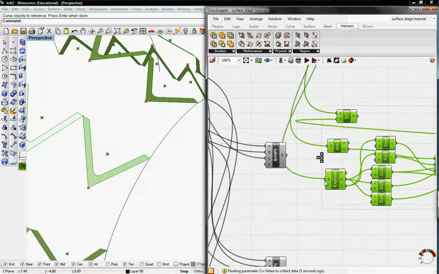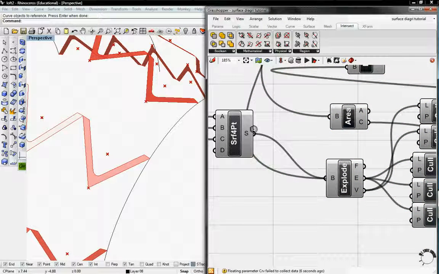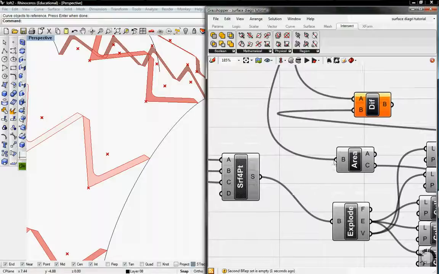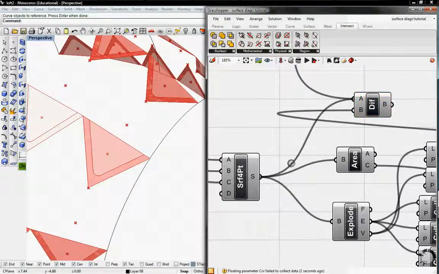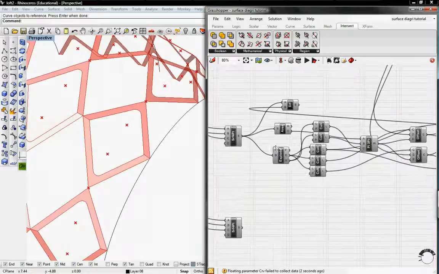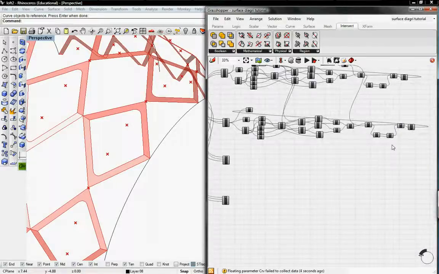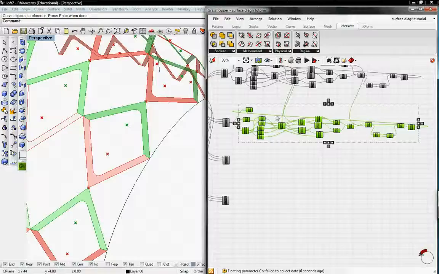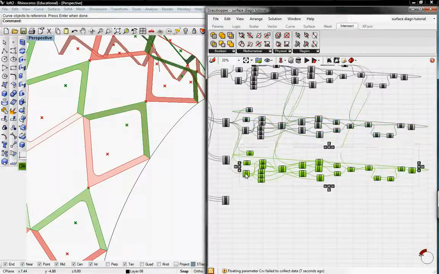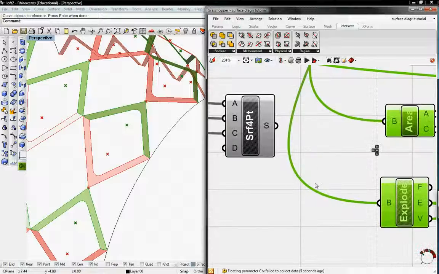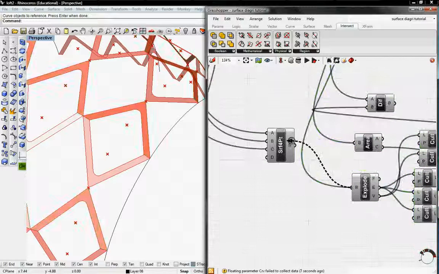I'm going to reconnect the explode here and the area to the new surface, and then reconnect A to surface. So now we have the other ones. And then I'm going to recopy this also, and I'm going to copy and paste it. And I'm going to drag it down. I'm going to reconnect this,